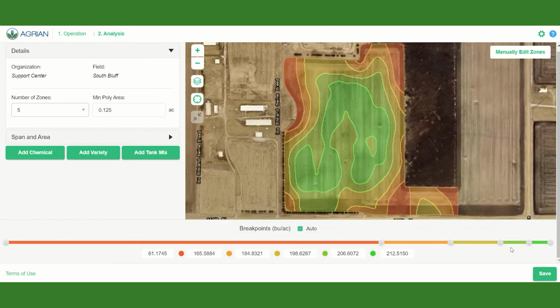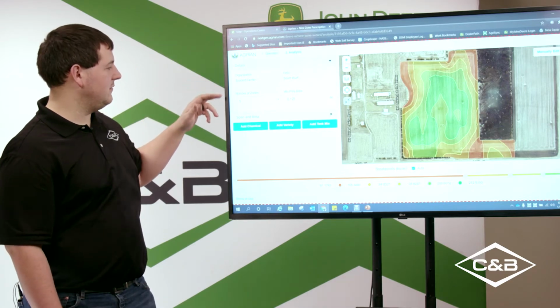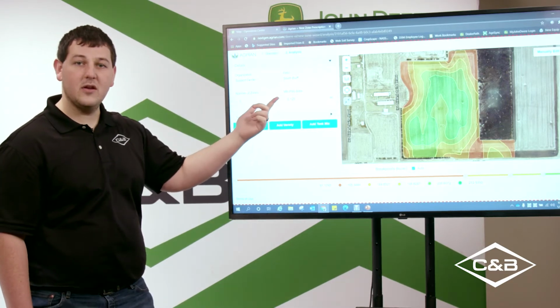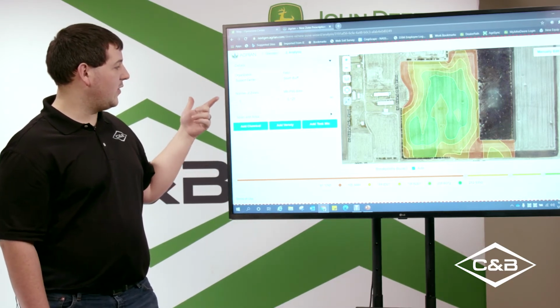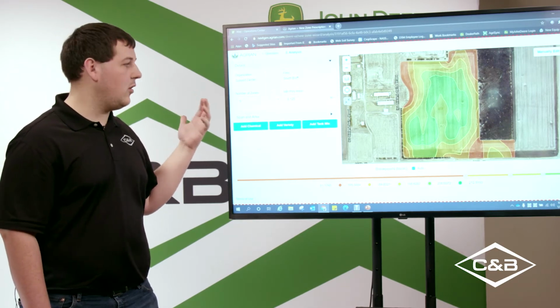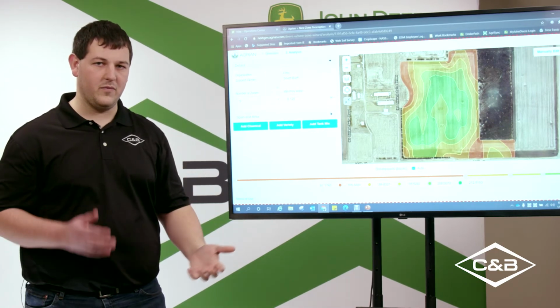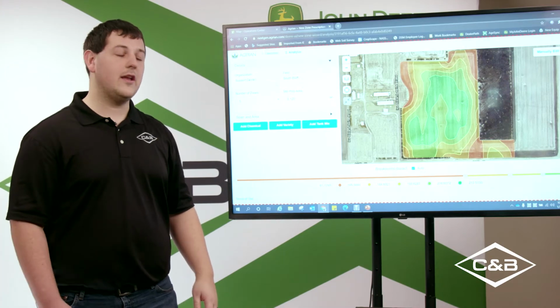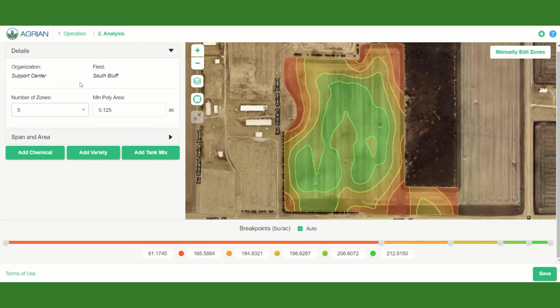So after we hit next, it brings up this screen here. So now we can see what the organization name is, what the field name is, and we can select and change how many zones we want to have for different levels of seeding rates. So we can select that drop down there under number of zones, and we can select anywhere from 2 zones to 15 zones. For this example, we'll just use 5. So we'll select 5,